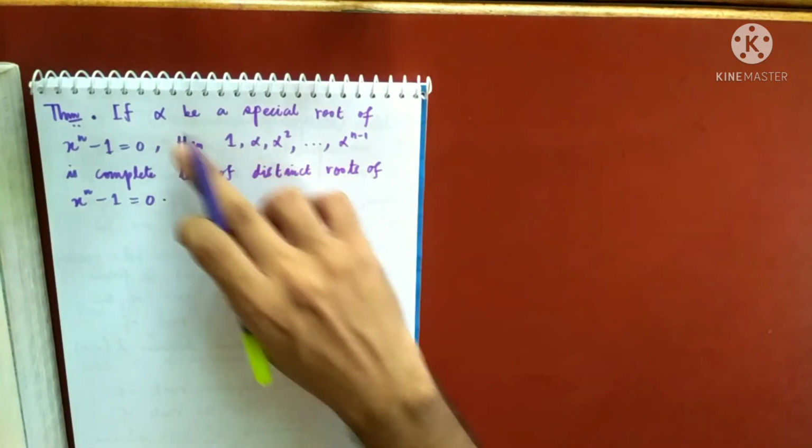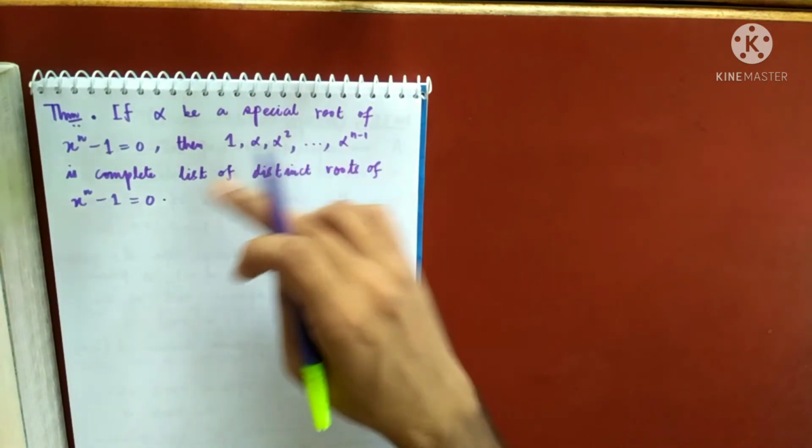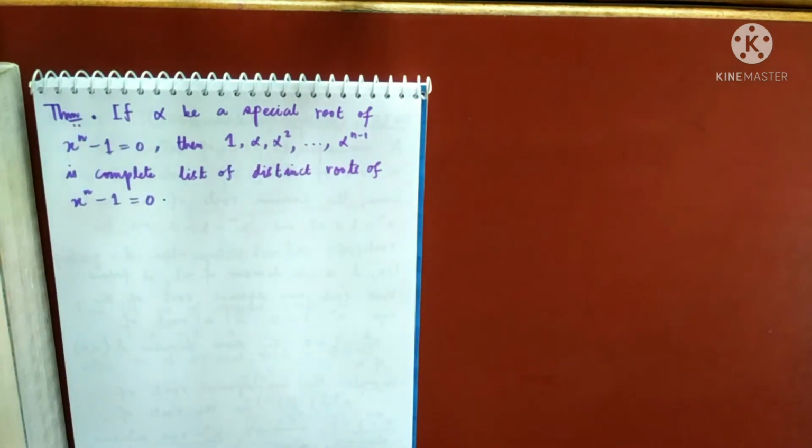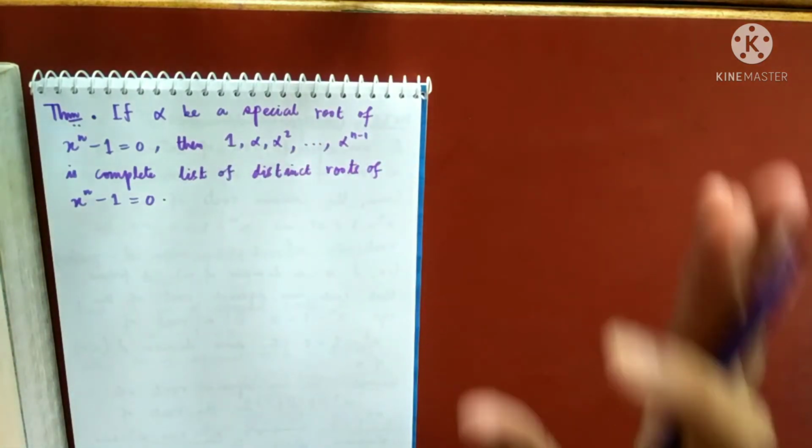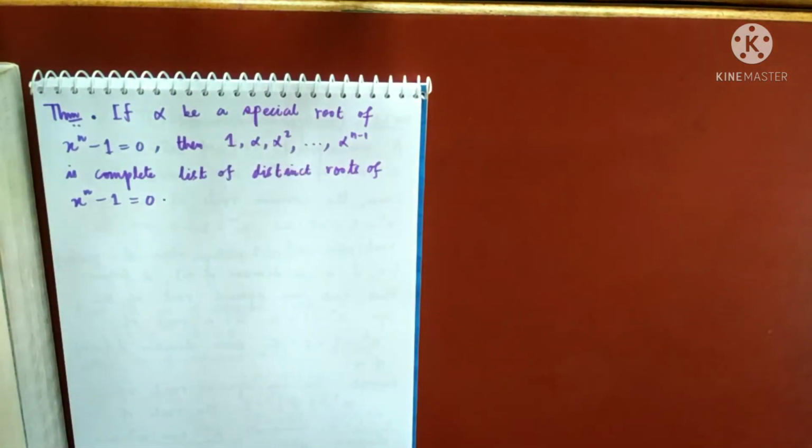So this is why we care about special roots. Special roots can generate all the roots. And when n is a prime number, any imaginary root will be a special root. So that is the reason. If you start with any imaginary root, when n is prime, you will generate all the roots. But if n is a composite number, you have to choose a special root only. Okay. So I will end the topic with one last sum from the chapter.